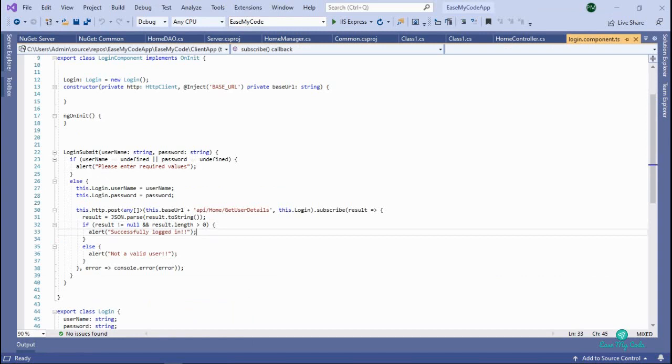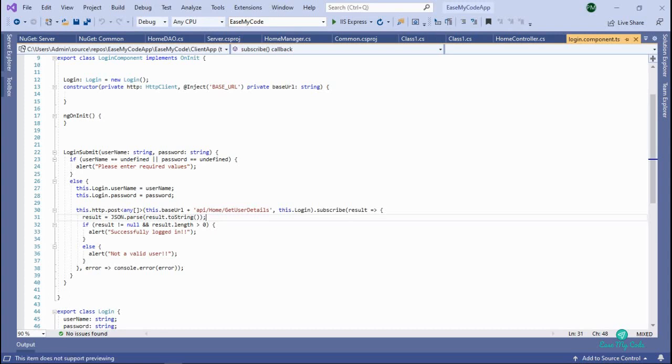So in our last video, we did till here, login submit. We added this method in a TypeScript file. I explained the logic of this method. Here we are again, I will go through it again. Here I just included the basic validations. If the user has not entered anything, and then here we are calling the API method get user details, which is inside the home controller, which is under our core API. Base URL is our URL, which is automatically referenced using this inject base URL, which is present in our launchSettings.json file. So let's create our home controller and everything.